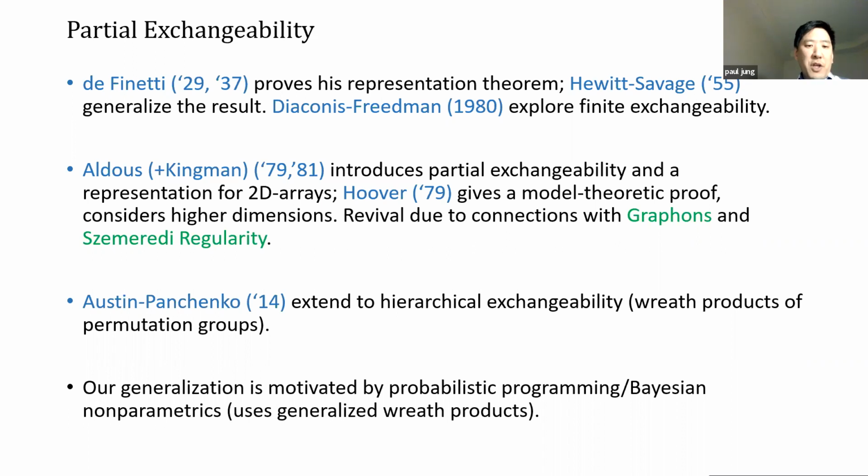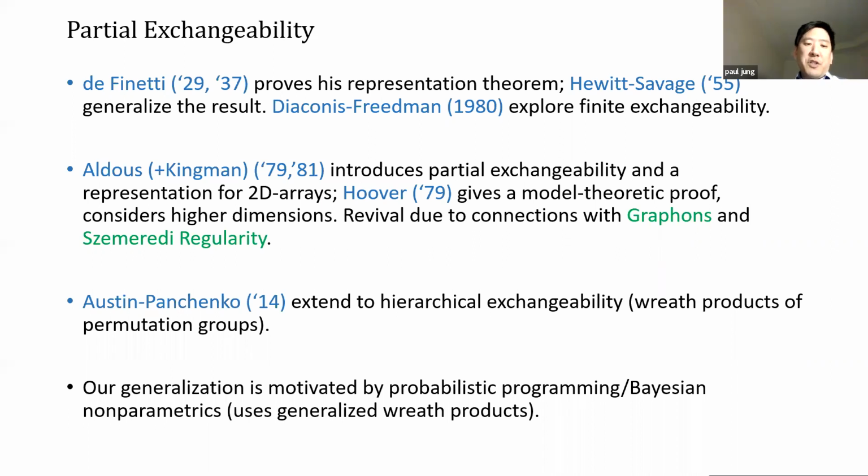So Austin's done some work in exchangeability, and the topic I want to talk about is actually an extension of one work he did with Panchenko, which extended the Aldous-Hoover theorem to something they called hierarchical exchangeability. So if exchangeability uses permutation groups and products of permutation groups, then hierarchical exchangeability uses Wreath products of permutation groups. So I'm not going to explain. If you know what a Wreath product is, then good. If not, it's not really too pertinent to the talk, but if you know what it is, it could maybe be helpful in understanding what that extension is.